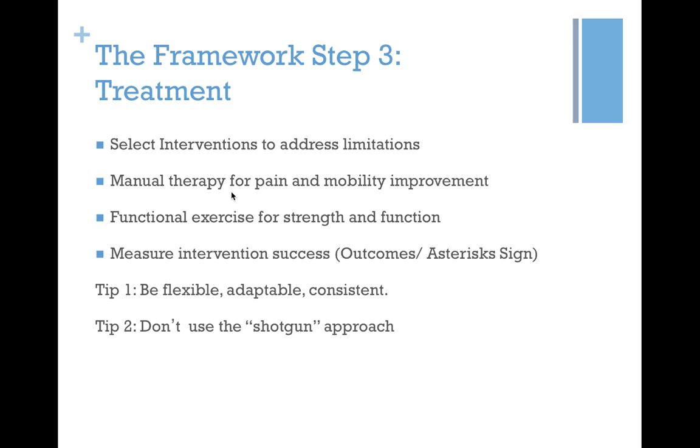And that brings us to our next thing, which is treatment, and selecting those interventions that are going to address the specific limitations of the patient. For this patient, manual therapy was a big one. Doing manual therapy to lengthen the iliopsoas, correct any kind of anomalies that we may see, that he had an anterior tilt, correcting some of those things, lengthening the psoas through manual therapy, doing mobility to increase